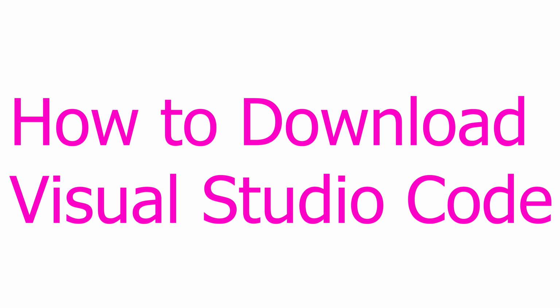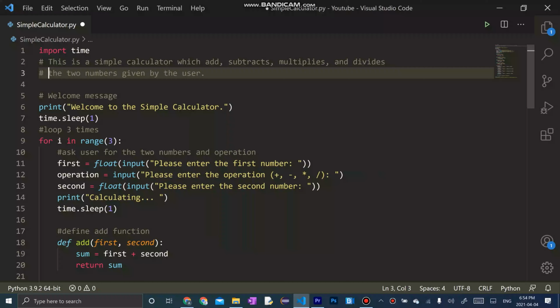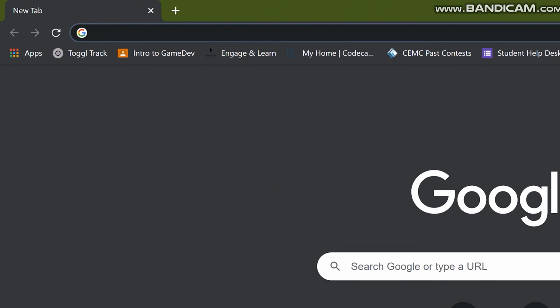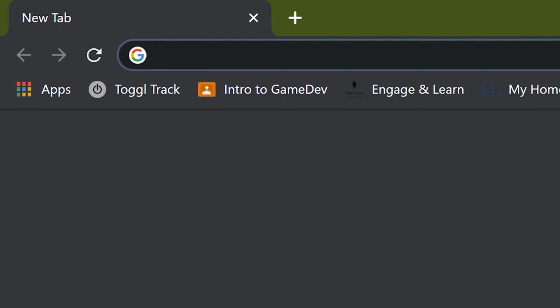Last week, I showed you how to download Python version 3.9.2. Today, I will be showing you how to download Visual Studio Code. Visual Studio Code is another place where you can write code. So let's get started. The first thing we're going to do is go to